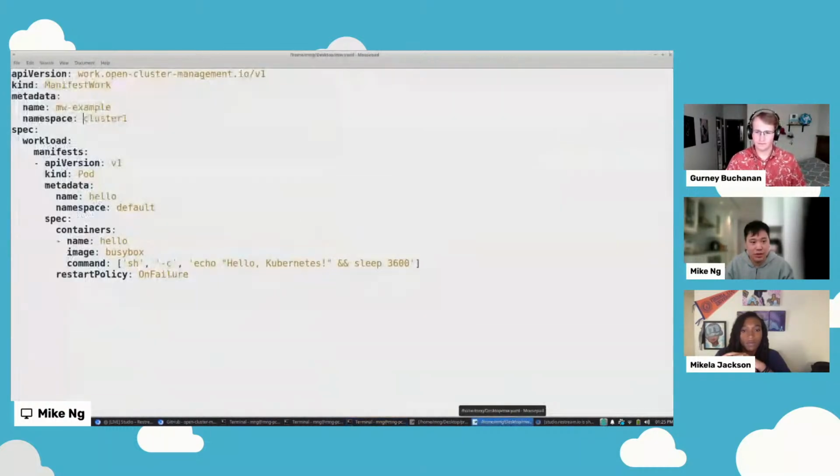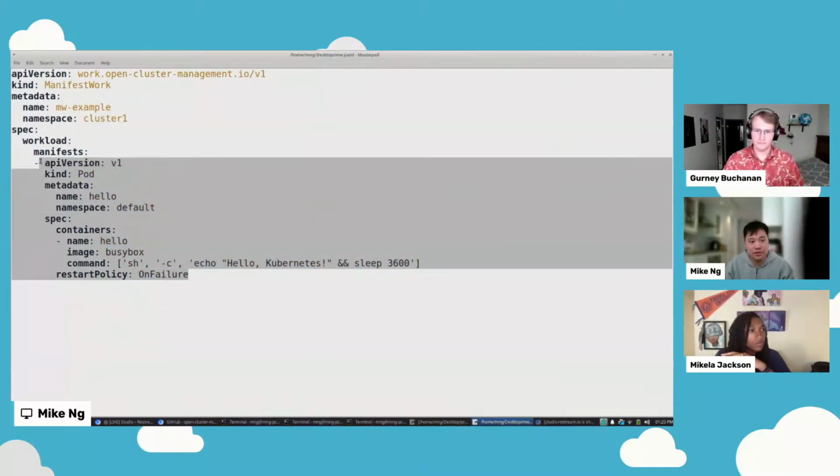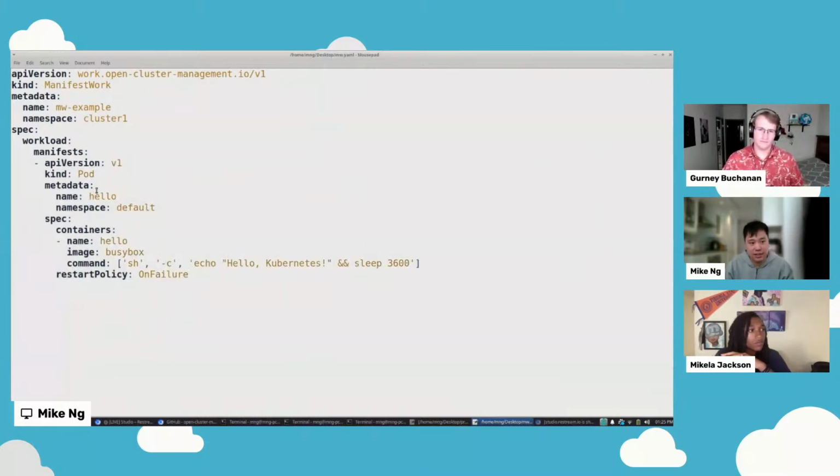To deploy a workload, we use the Manifest Work API. You wrap your workload or manifest in this API, and then you put it in the namespace which represents the remote cluster that you want, and then you apply it on the hub.